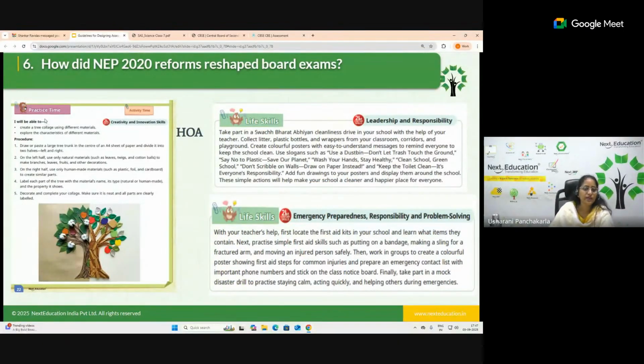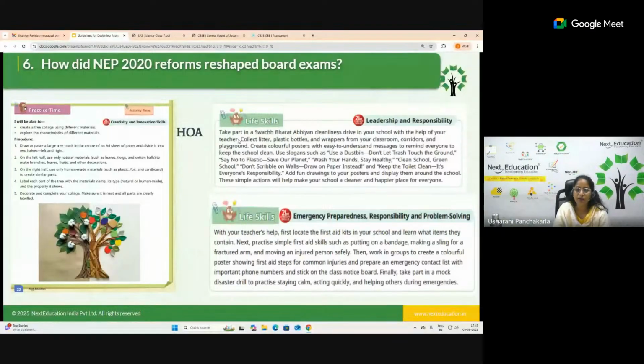Now coming to the next one, where we have given a practice time, something doable. These are all for the lower grades, because we are speaking right now about the preparatory stage, where they use different materials. This is a hands-on activity taken from the materials chapter of grade 3, where we have asked them to stick natural materials and artificial materials, and this way it will have a huge impact. And this is something like life skills. Life skills is not just about sticking to the textbook. We want something to be done in the classroom.